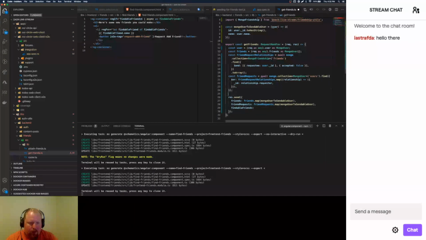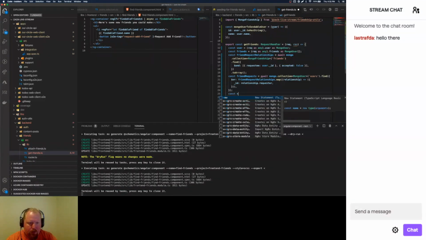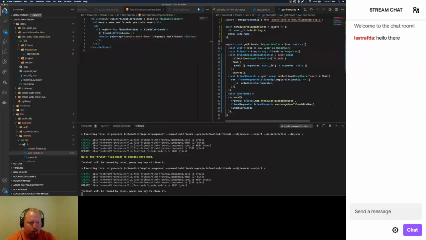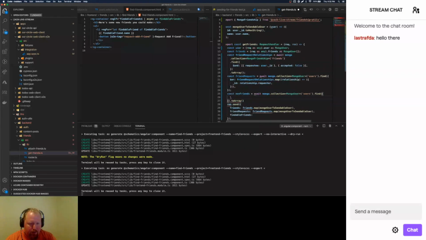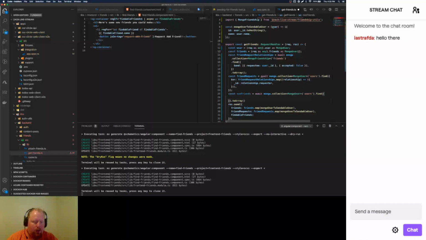So we got these things out. Let's say const non-friends equals, and we'll start with just this. Boom. Find. And let's put toArray so we don't forget that. Then inside of this find, we want to have it where, let's say, and, I think it's an and. Then a not, for,